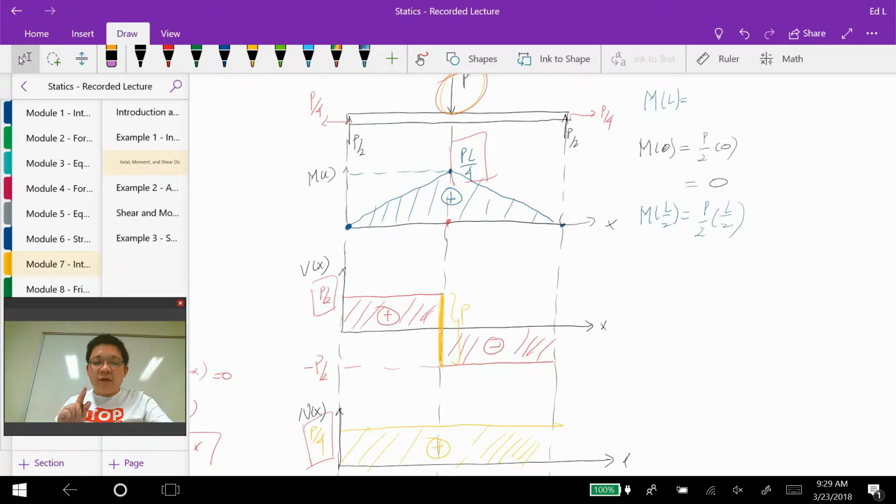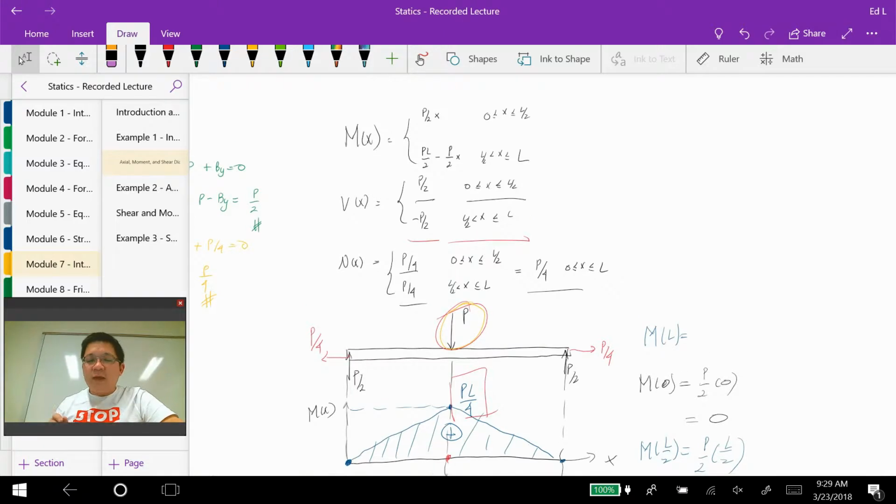Okay, so first we have to identify the ranges on the beams. It can be different, depending on the problems that we have to solve. Okay, after defining the ranges, make the free body cut on each range, and then based on that cut, form the internal force equations, the M of x, V of x, and N of x. After you obtain the equations, plot the diagrams based on those equations. Okay, so